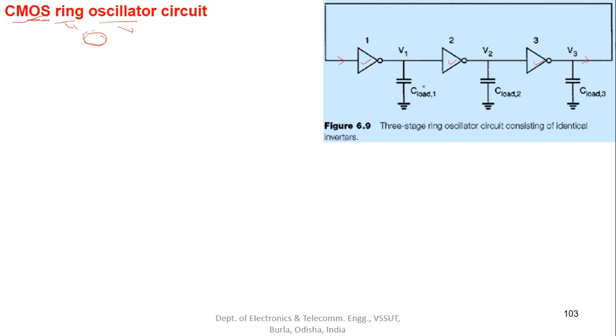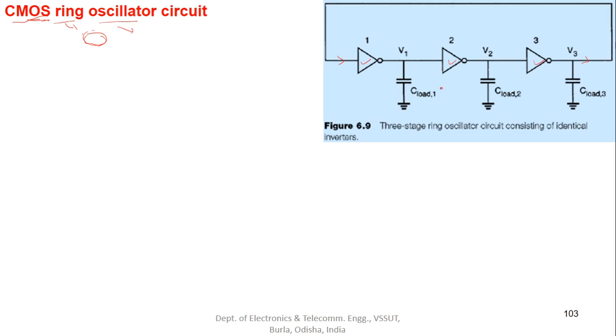It will produce oscillations of some particular frequency, and that will be used inside the chip, because the chip requires clock signals of certain frequency to operate on. So under some situations, this CMOS ring oscillator circuit is used to produce those pulse signals of certain frequency that can be used to drive